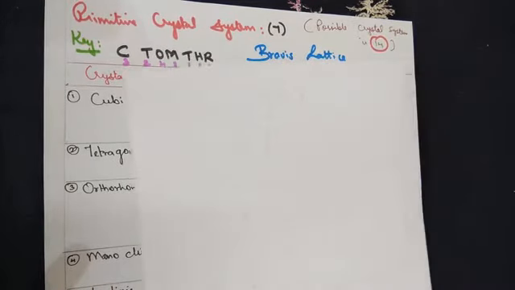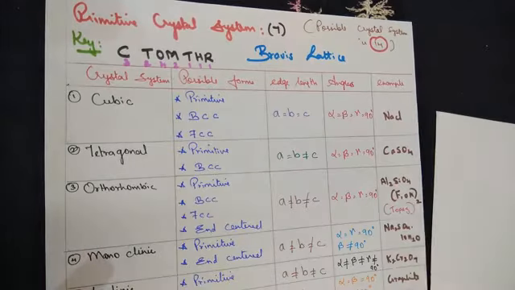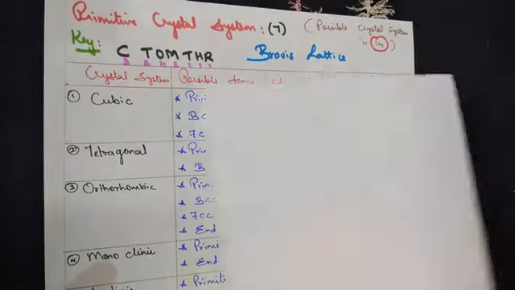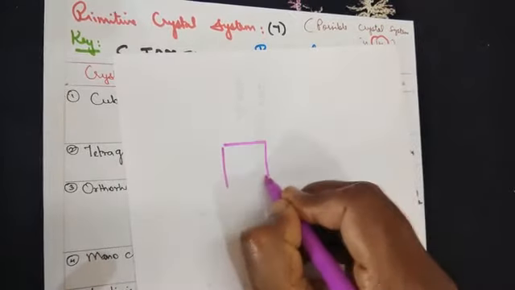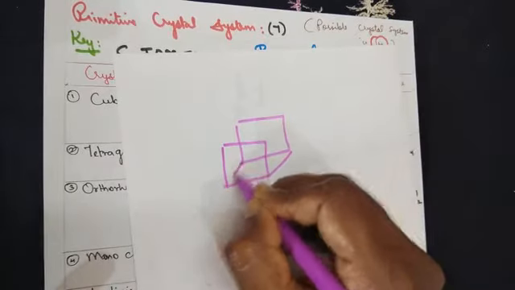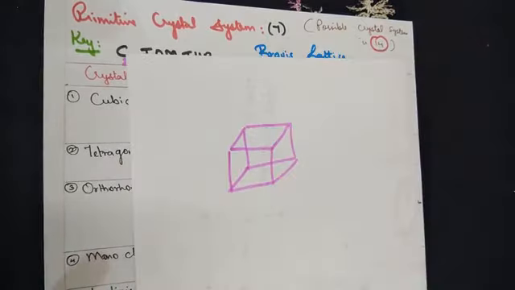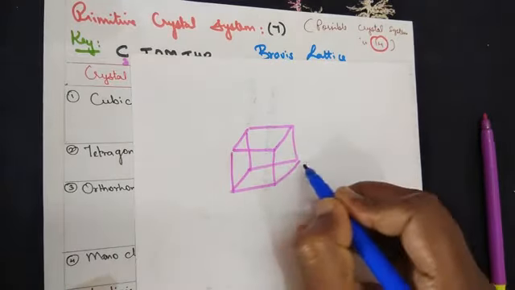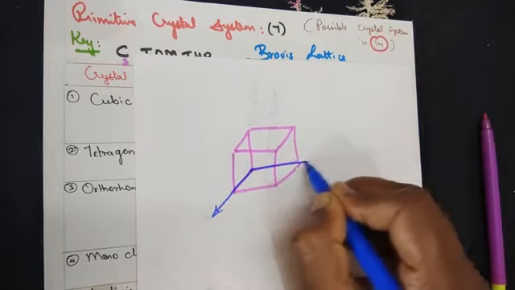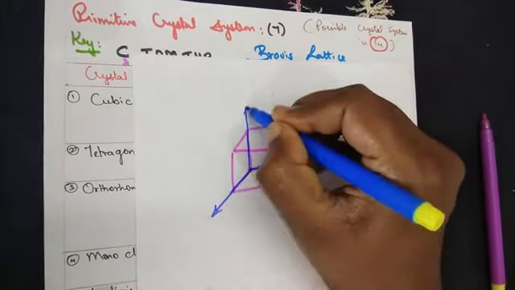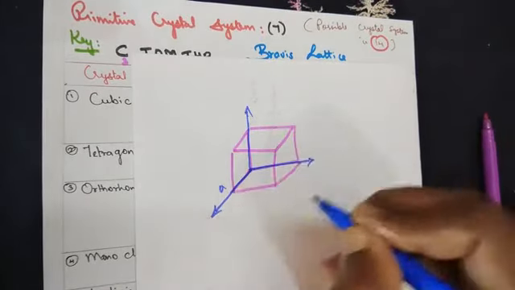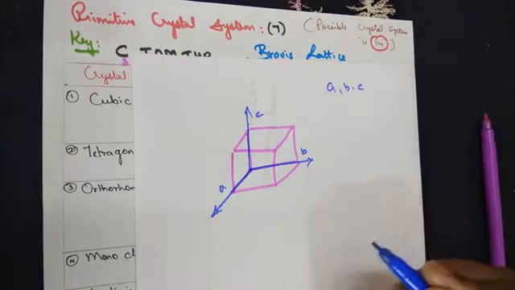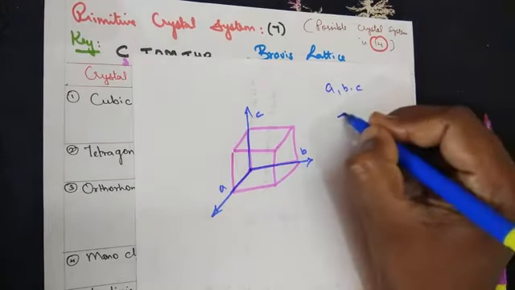Before that, let's understand there are 6 parameters based on which the structure of a crystal is studied. Let's understand the structure first. So if I draw one unit of a unit cell, now how many axes are there? As I told you, the structure is studied based on the 3D pattern. So one axis is possible here, one here, and one more axis is possible. Let me take the lengths of them to be a, b and c. So a, b and c are called lattice constants or edge lengths.